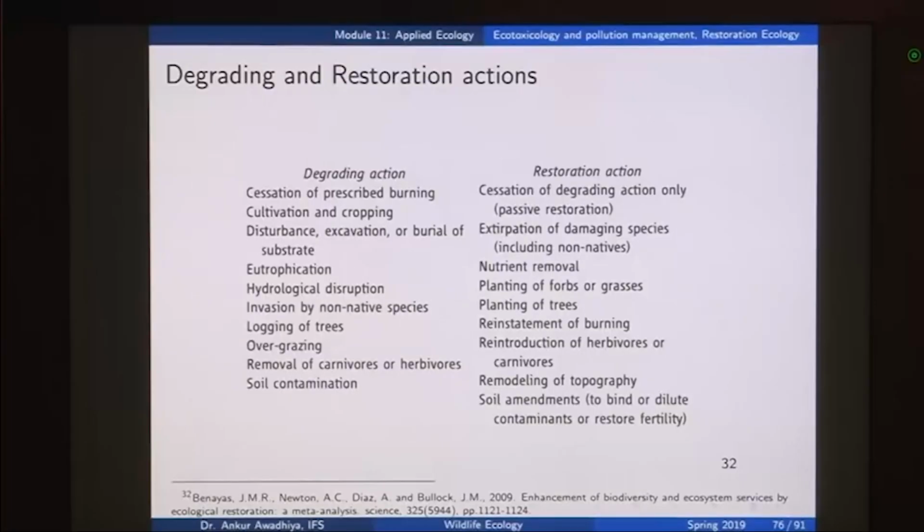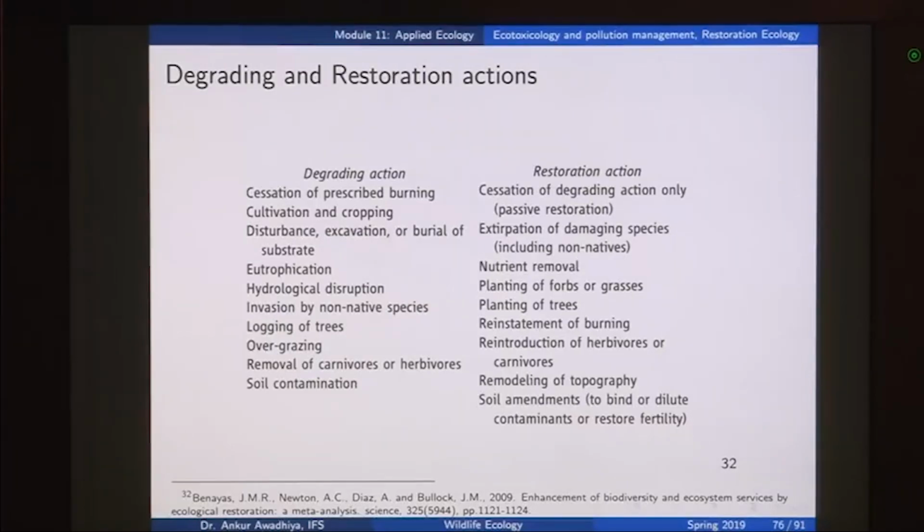Now, we will look at some activities that are degrading and some activities that are restoring. Degrading activities could mean things like cessation of prescribed burning. So, you require certain areas to be burnt after every few years, or say after every few months, because let us say there are some invasive organisms that have come up into this area and you want to keep their population in check. So, one of those operations could be the burning operations. Now, if there is one particular manager who comes into this area and says, oh no, I am not going to burn this area, he is actually performing a degrading action by not acting on the prescribed prescriptions.